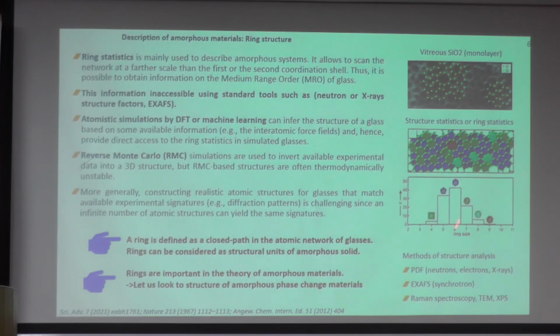This is the experimental data, and you can also reproduce this data by using, for example, synchrotron, neutron, or electron diffraction. You can measure the short-range order, and then you can make simulations by DFT